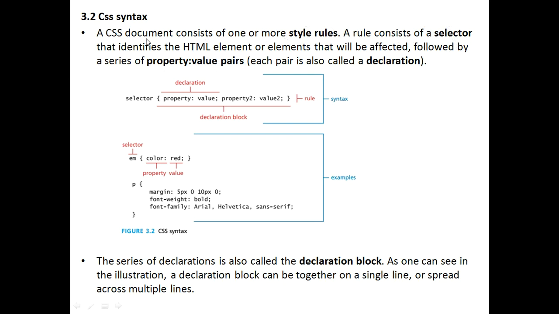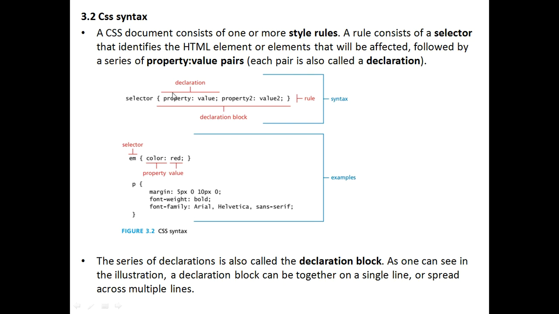Selector will identify the HTML elements, and by the property value pair you are applying the CSS on that element, right? Elements, as you know, headings are there, paragraphs are there, tables, lists, right? So many HTML elements are there. So to select those elements you need a selector first of all. Later on, to apply the visibility properties on the elements, you need property value pairs. Clear? These are the two main important parts in writing CSS syntax. We'll take one example.